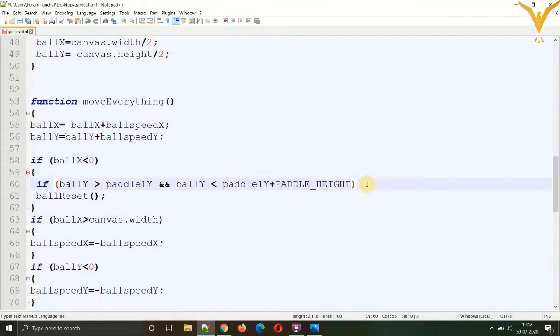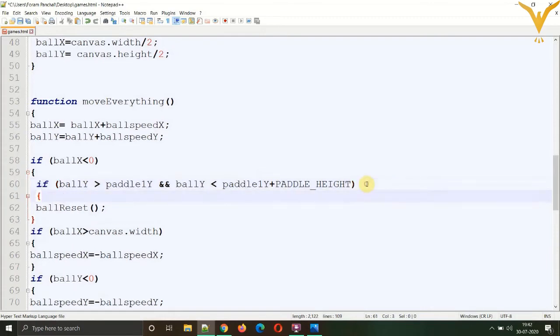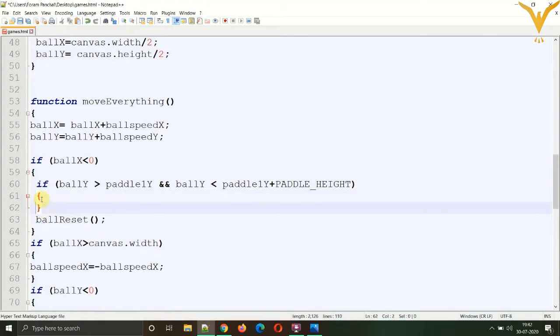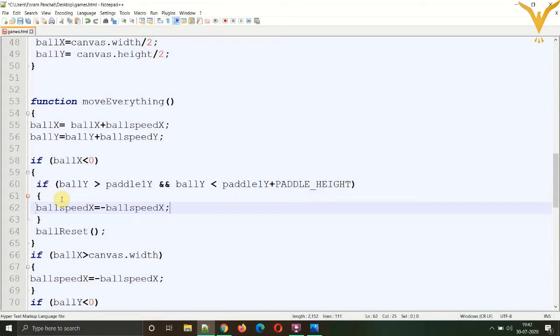So what should happen in this condition? In this condition, the direction of the ball should be inverted, which will give an effect of bouncing. So we can place the same line of converting the ball's direction over here. Just copy and paste. Now if this is true, this should happen. But what if this is not true?